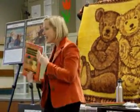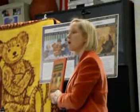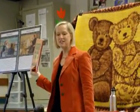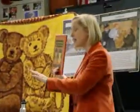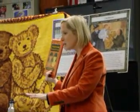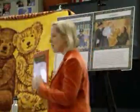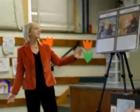So what I'm going to do now is read and act out the story of A Tale of Two Teddies. But you're going to have a very important job. At the end of the story, you're going to have to decide which of these bears you think was the very first teddy bear. As a matter of fact, after the story, we're going to have a vote to find out which teddy bear you think was the first. At the end of the story, you'll have a chance to ask any questions you'd like to ask. And then after that, I'm going to show you my special secret for drawing teddy bears. Everyone here today will leave as a teddy bear illustrator. So you ready to hear their stories? Yeah! Now, one thing I want to remind you about before I begin the story is that I am the illustrator